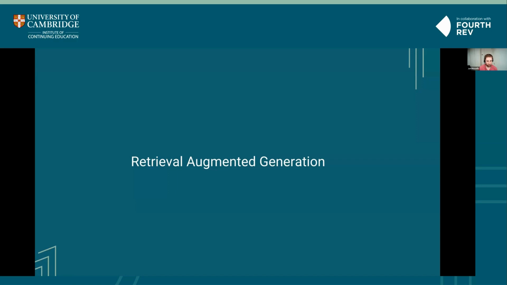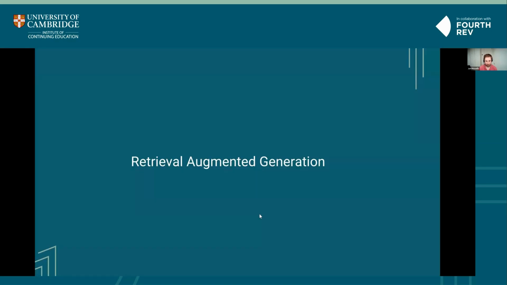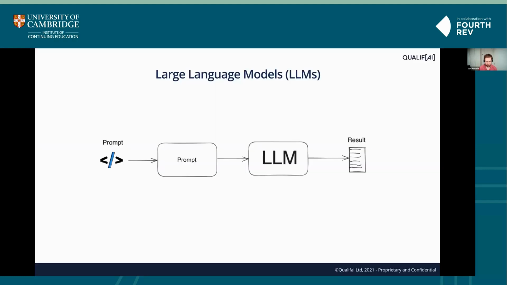Okay, so we'll talk a bit about retrieval augmented generation in more detail, which is around this part around customizing the large language model. And this is a common approach to incorporating internal knowledge. For many use cases, for many industries, retrieval augmented generation is a way of building applications that are not just a GPT wrapper, but actually incorporate domain specific or company specific or user specific information.